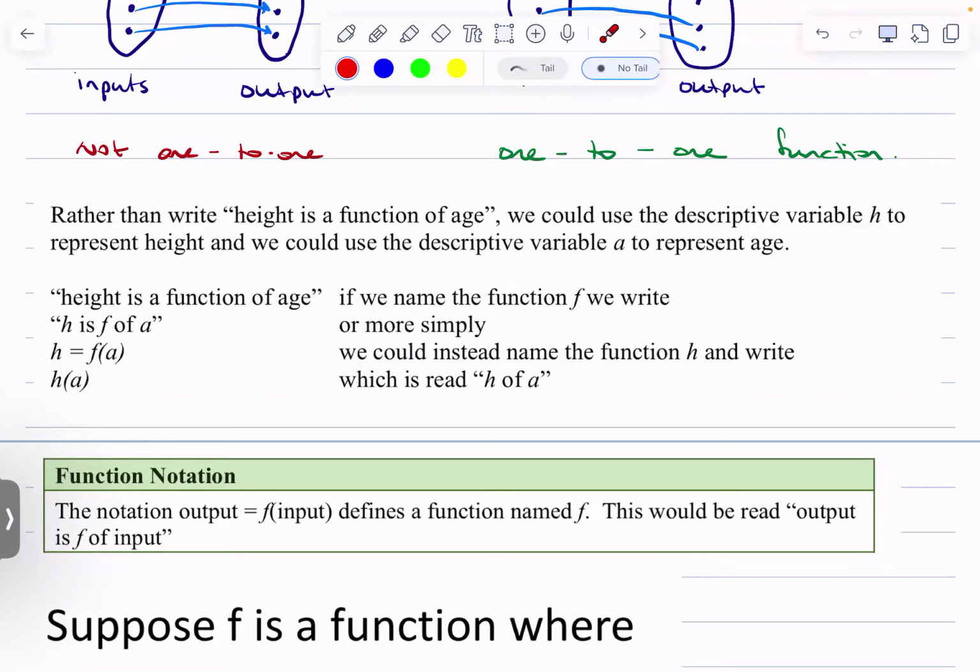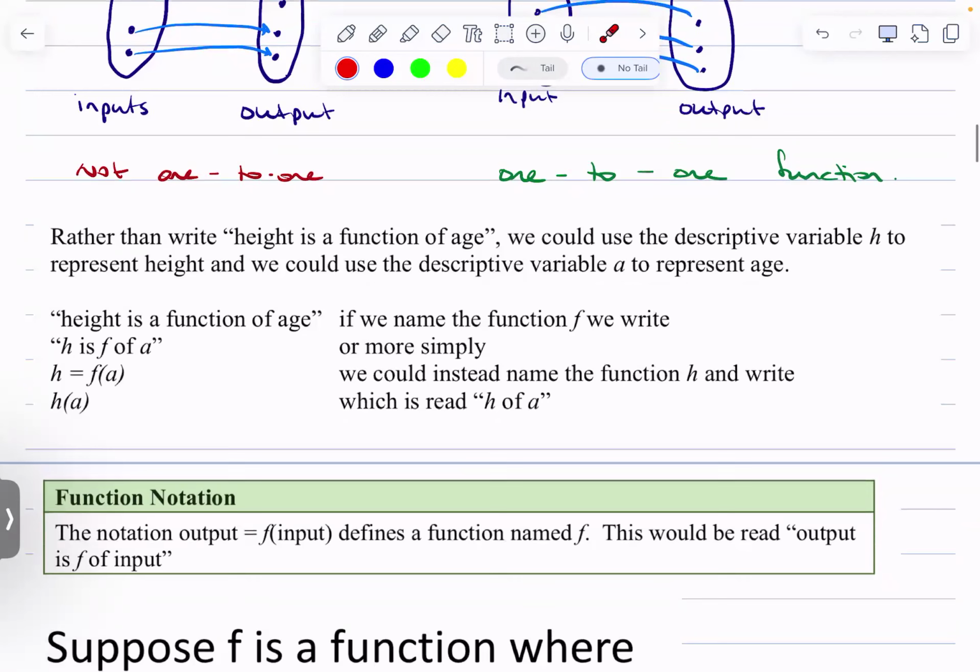But when we say height is a function of age, what does that mean? It means I tell you what age they are, like a 10-year-old, and then I output how tall they would be roughly. Obviously, there's variability there, but in general it follows a linear relationship up to a certain age, then we plateau. And so here, age is the input and height is the output.